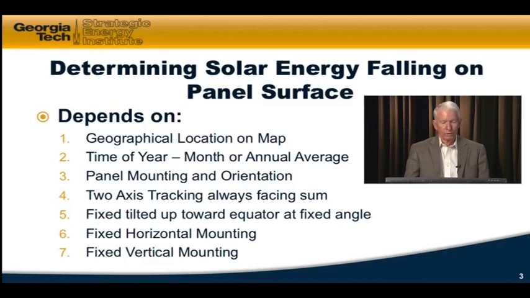We can fix the panel, which is the cheapest way to install them, and tilt them up toward the equator at a fixed angle. That means if we're in the northern hemisphere, we're tilting them up to the South Pole. If we're in the southern hemisphere, we're tilting them up from the flat horizontal surface toward the North Pole. And we can also have fixed horizontal mounting, flat on the ground, or we can have vertical mounts on the